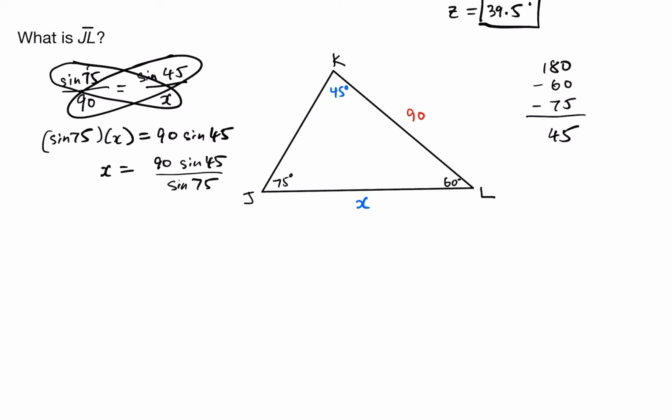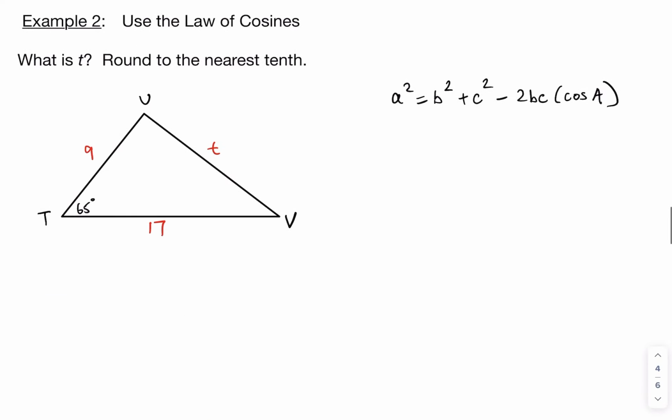Okay, and we punch that into the calculator. 90 times the sine of 45 divided by the sine of 75 gives us 65.9. Okay, so the length of JL is therefore 65.9. Okay, let's move on to the next example where we're now going to have to use the law of